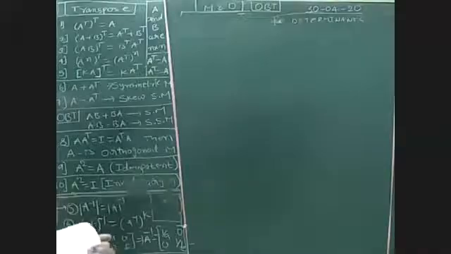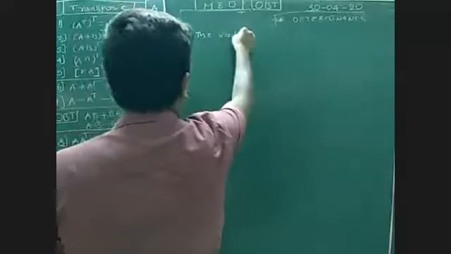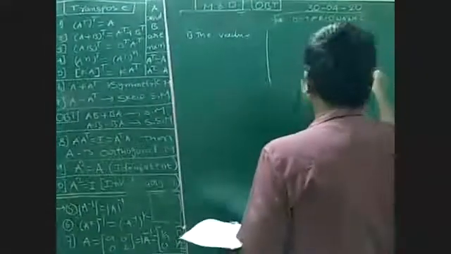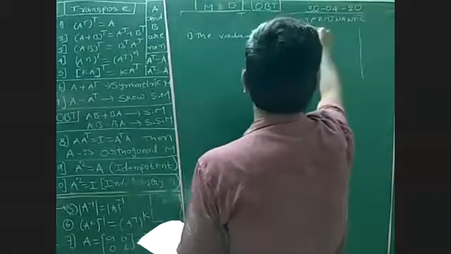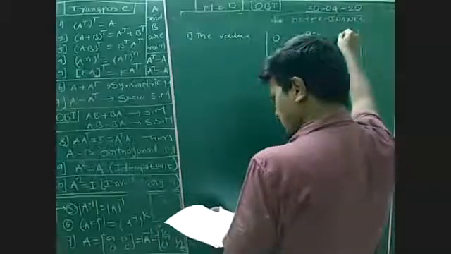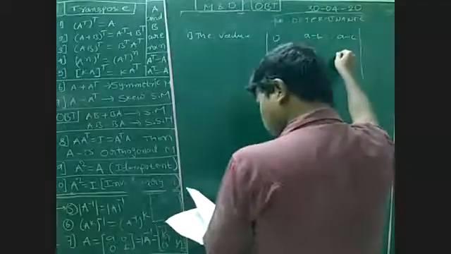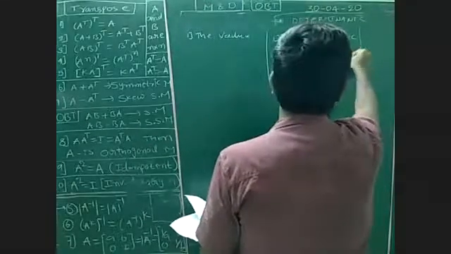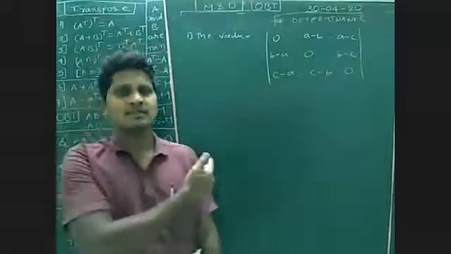Let's see a few questions here. I will write the question, try to say the answer. For example, the first question is the value of the determinant with rows 0, a minus b, a minus c; b minus a, 0, b minus c; c minus a, c minus b, 0. Can anyone say the answer? We can say in 1 second, 2 seconds. It's enough.